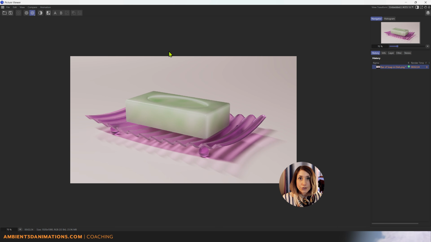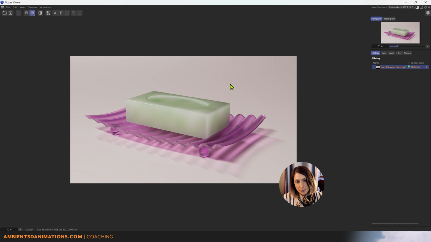Today we're going to be jumping into Cinema 4D with a beginner-friendly project that anyone can follow along with. So this is what you're going to learn how to create today and what you're going to be able to texture, light, and so on. You're going to learn all of those basics and have something that you can walk away feeling really proud of